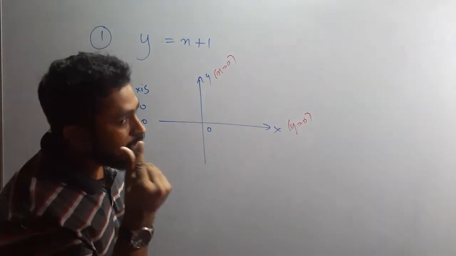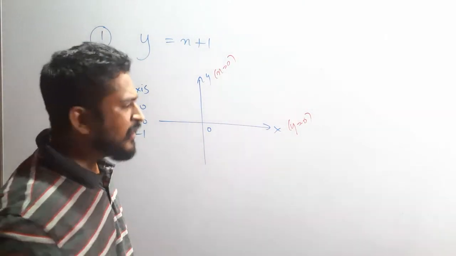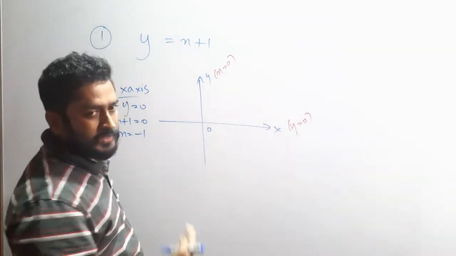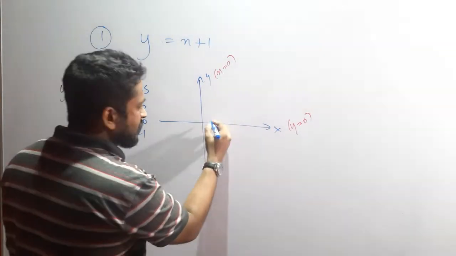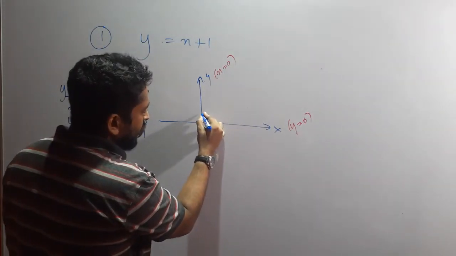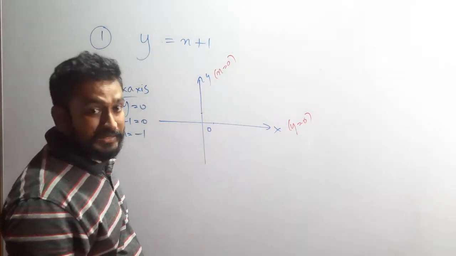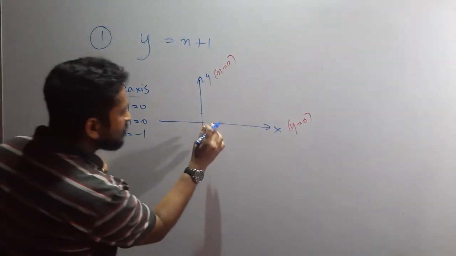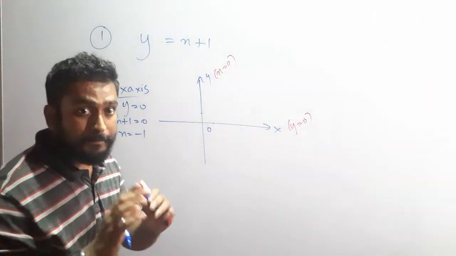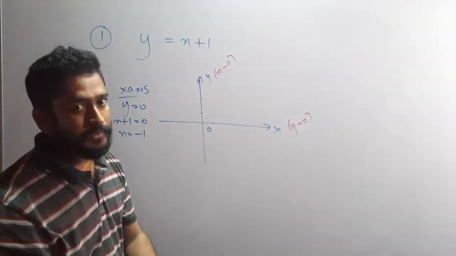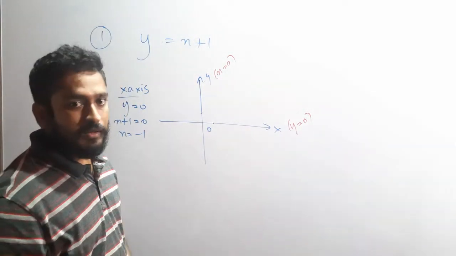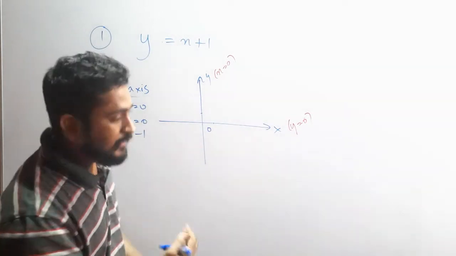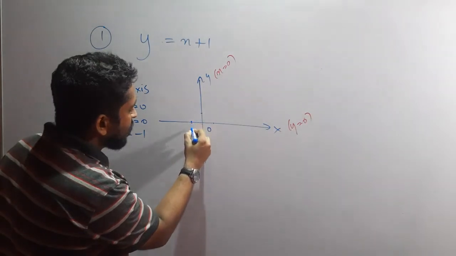How much is 1 unit? In this graph, I will decide on this board as for the space I have. Yes, I will take 1 unit for both the axes as this much. Then what about x equals minus 1? By your mind, you are not measuring by your rule. Never do that. Don't ever measure. We are estimating things. We are estimating things for sketching. So minus 1. Yeah, it is like this.